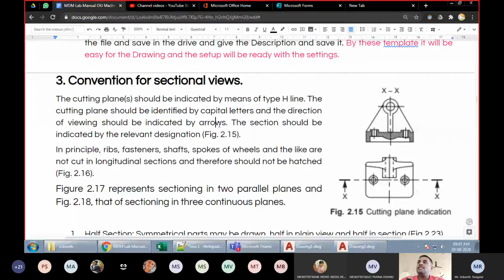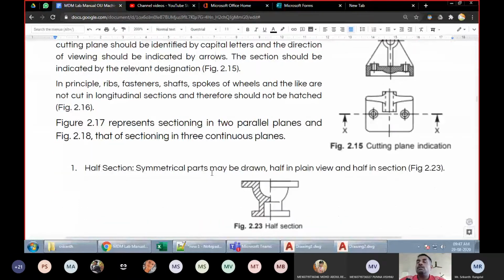AutoCAD is a very basic, non-parametric software, and mostly civil engineers use it. And companies which have low budget generally go for AutoCAD. But the problem here again is they have to draw each and every line by themselves, and it doesn't happen automatically.